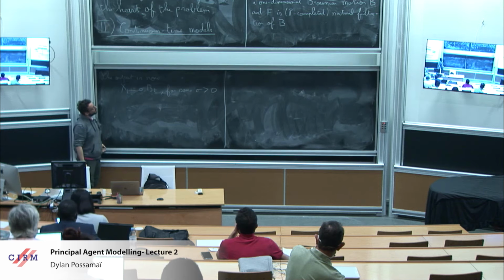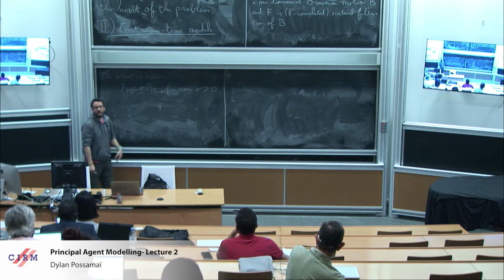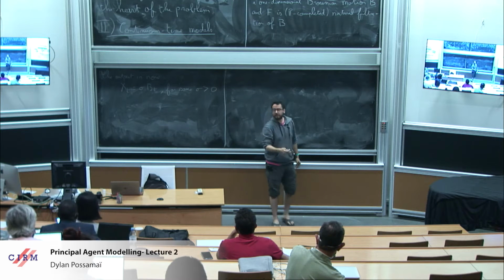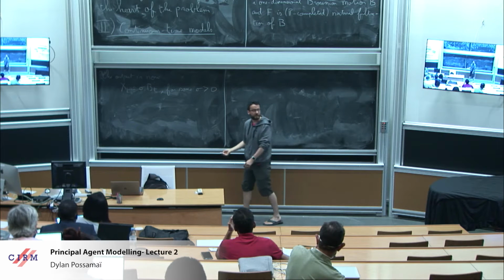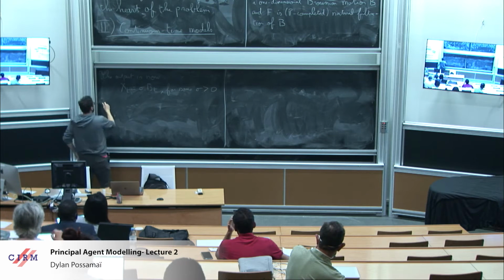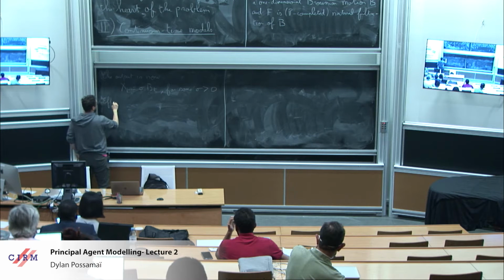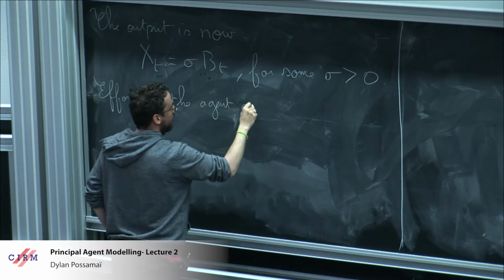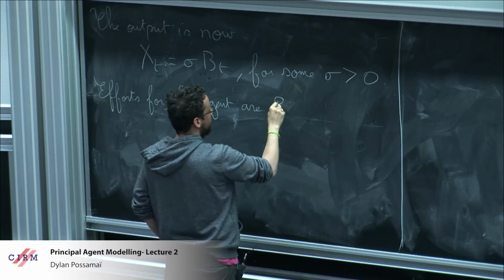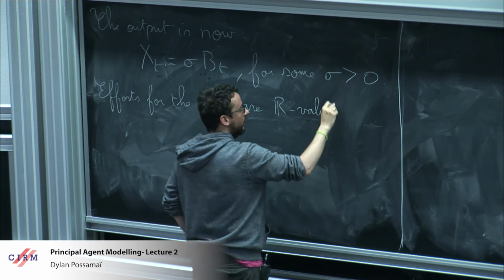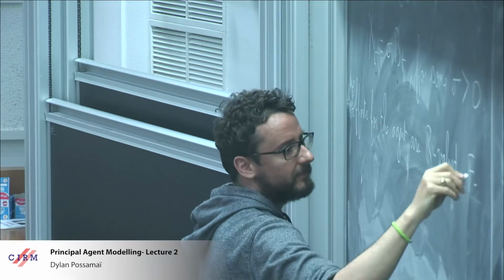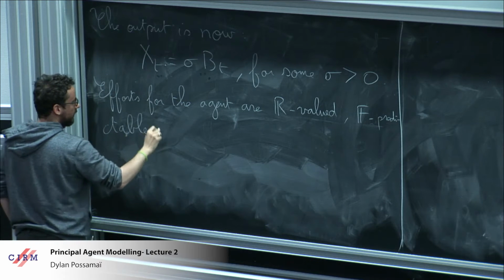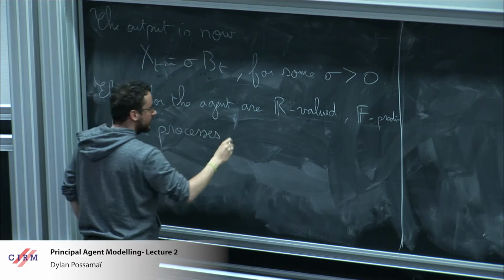Right? And the easiest way to do something like this is to use Girsanov's theorem and define a probability measure equivalent to P over there, such that under that new measure, X is going to be Brownian motion plus drift. Okay? So efforts for the agent are now, let's say, R-valued, F-predictable processes alpha,